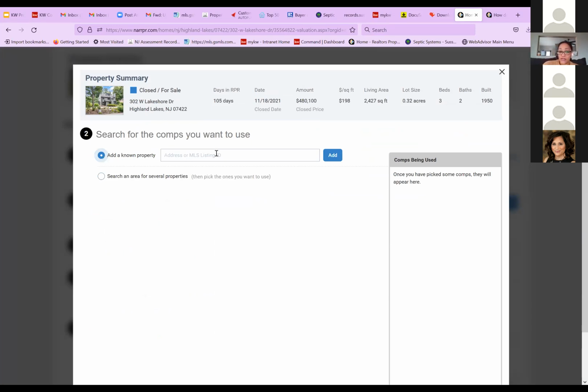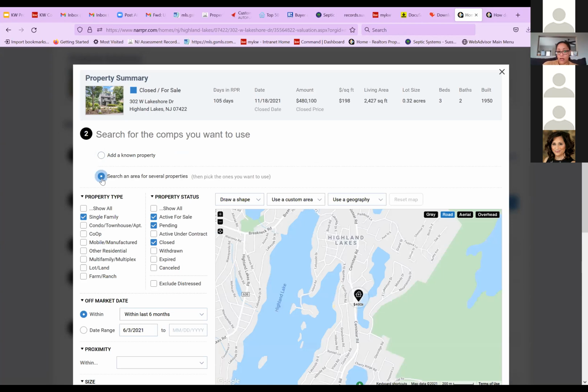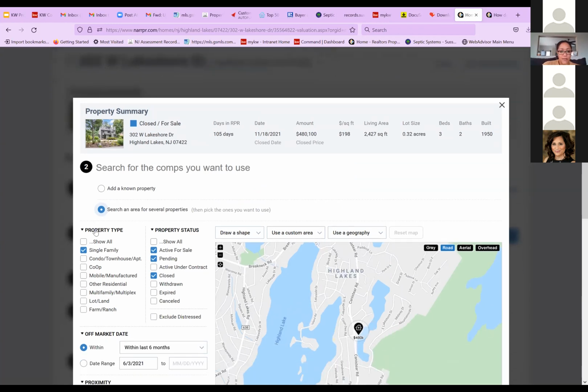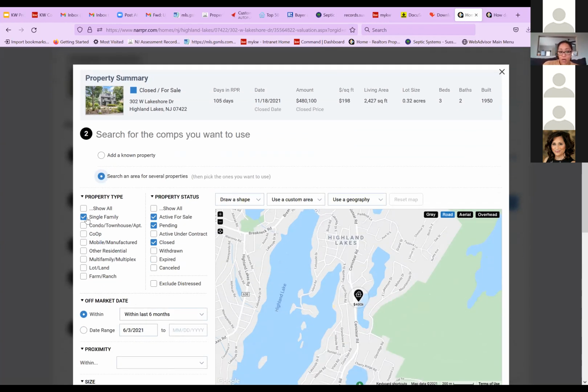You can put in the address, or you can put in the MLS number, and you can add it manually, or you can search an area for several properties. So here you look down and you go under property type. This is a single family home, but if it wasn't, I could click condo or townhouse. You want it to be accurate. Property status. Okay, so we want to click